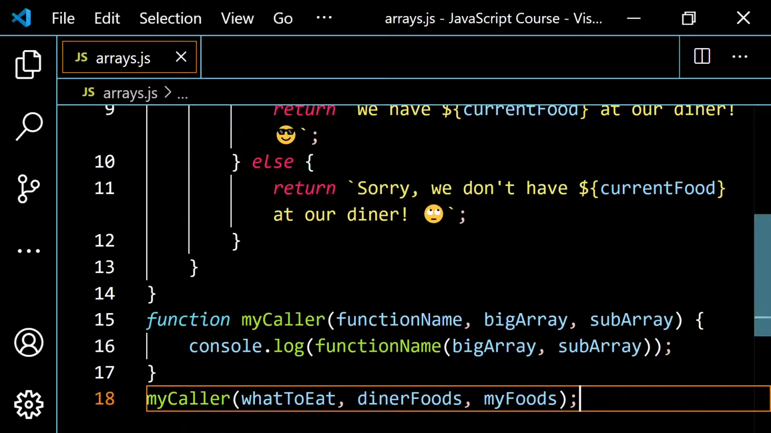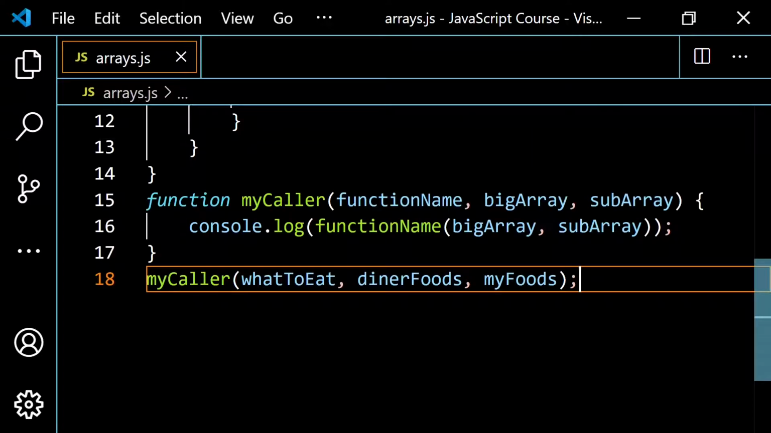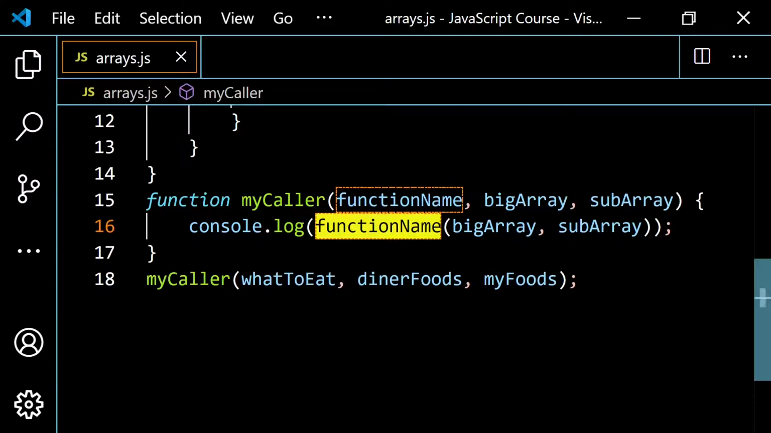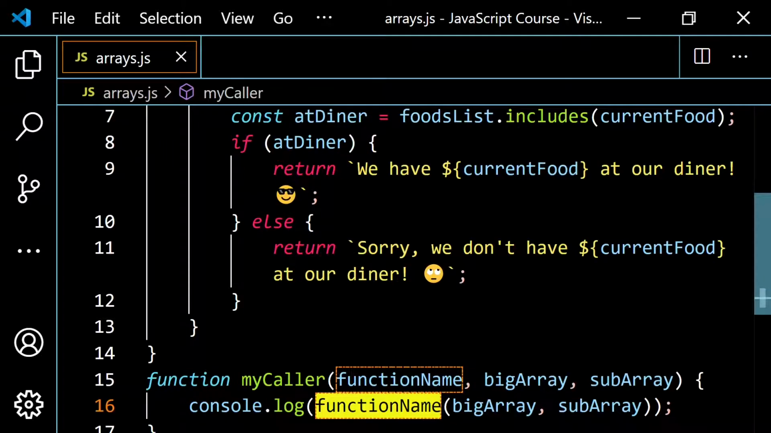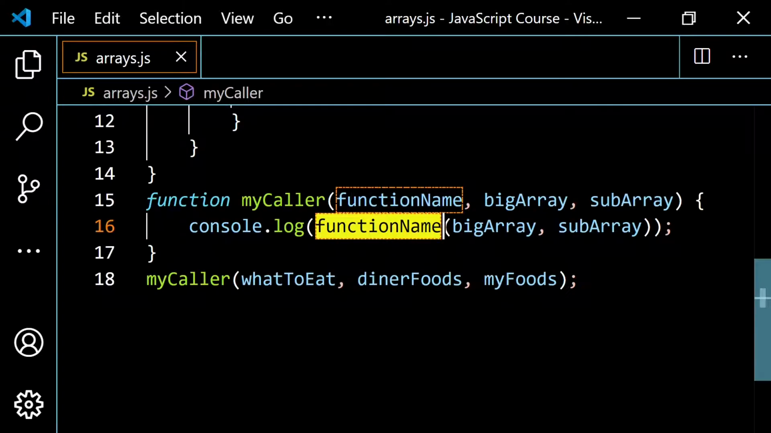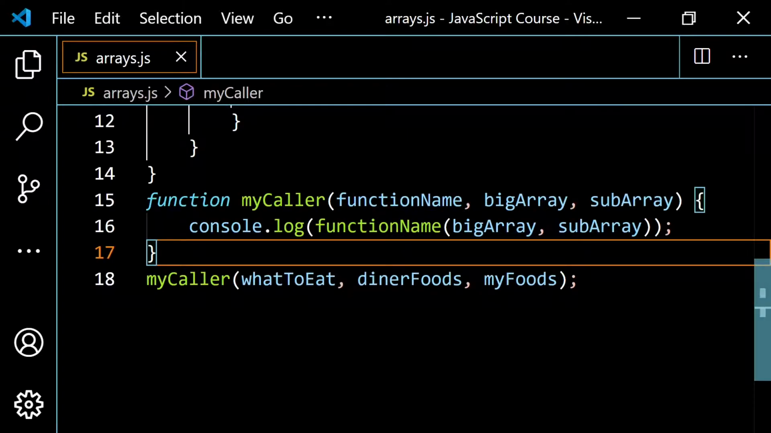Okay, so why does this work? Again, when I set this up, I have a function name, a big array, and a sub array. And all I'm doing is console.logging the function name. So what got passed in there was whatToEat. So basically you can think about this as having whatToEat, and then inside of here, you have dinerFoods and myFoods. So if I called whatToEat with dinerFoods and myFoods, you would get exactly what we got, right? Where we pop open this guy and we see we have lamb in our diner, okay? So I know this is a bit confusing when you first see it like this,